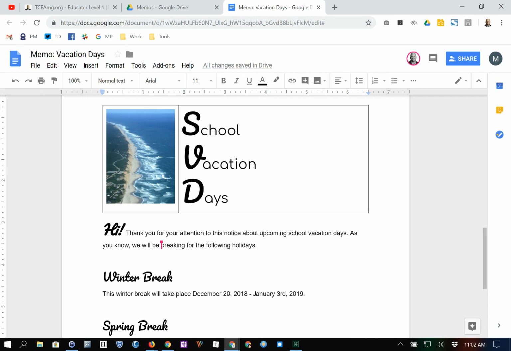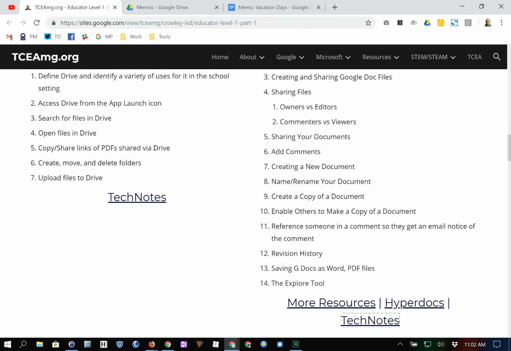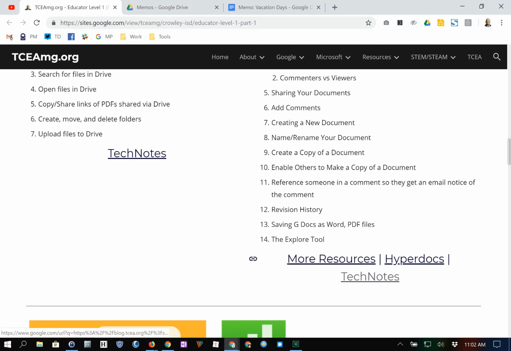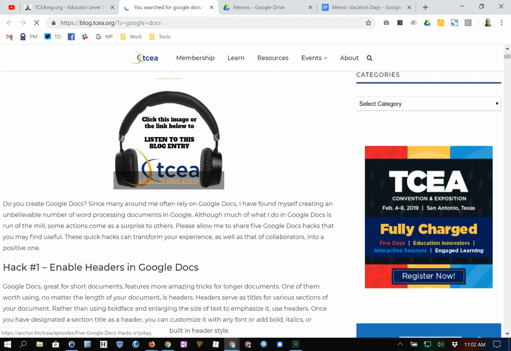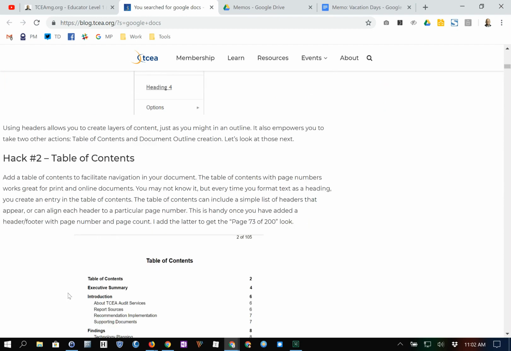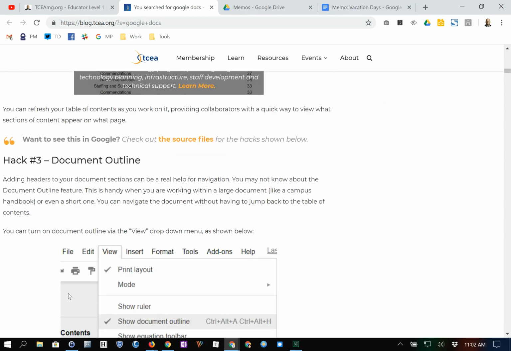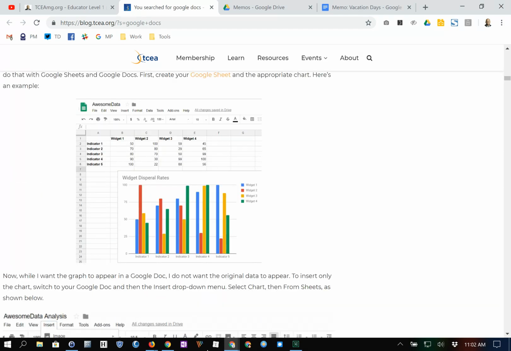That's just a quick overview of what you'll be expected to do in Educator Level 1. And so I hope that's been helpful to you. I do want to encourage you to come down here and click on the Tech Notes, because in the Tech Notes I have this blog entry on 5 hacks for Google Docs, where it talks about enabling headers in Google Docs, table of contents, document outline, how to show it, how to insert that chart I was mentioning,